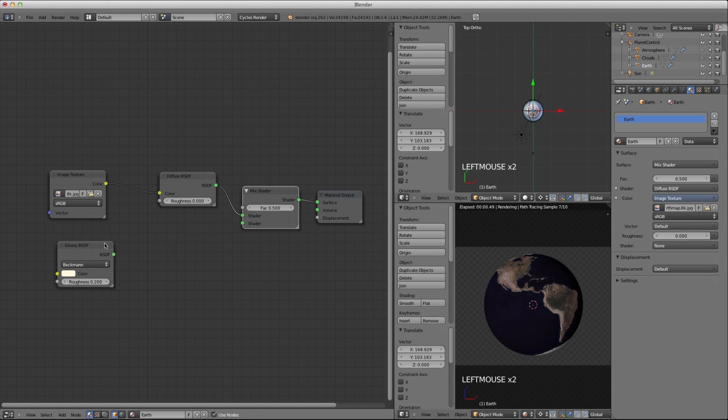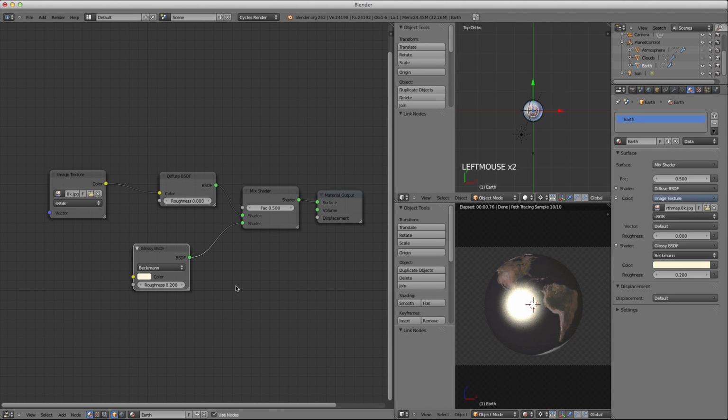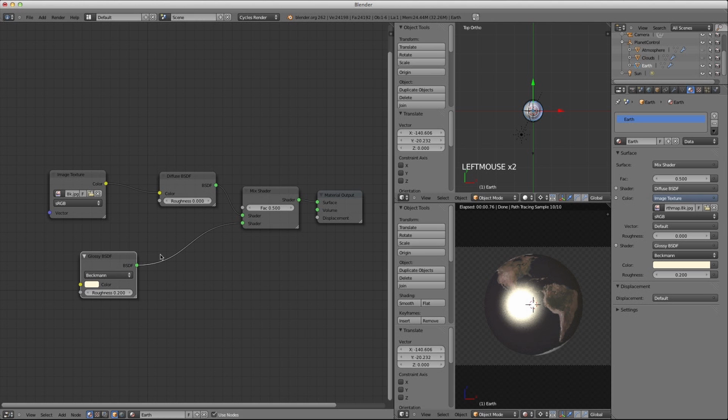Let's pop it right in there. And you can see, well, we have some specularity, but it's wrong. Well, the reason it's wrong is because, first of all, it's not limited to just the oceans, it's also affecting the land masses, but it's also far too strong. So we're going to set the 0.05 on that, and we're going to set our rough here to 0.175, and